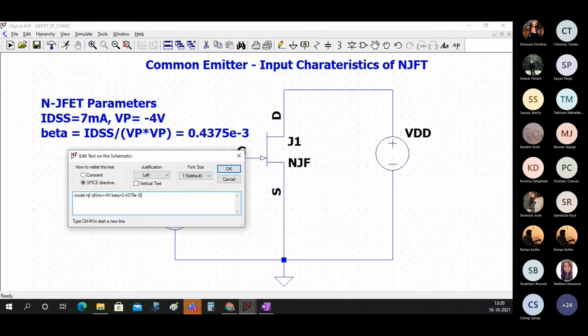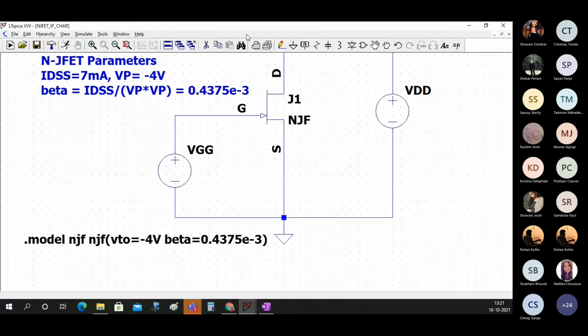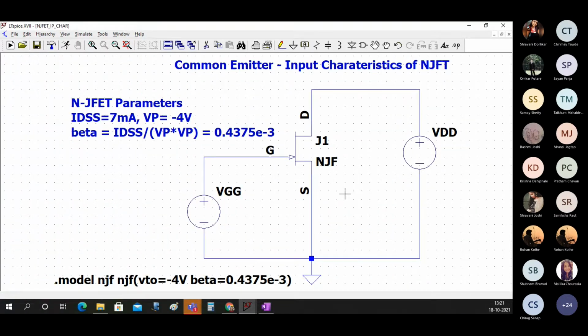We will write this command. Now I want you all to put this circuit in the chat box. Then after doing this, we are ready to do the input characteristics.